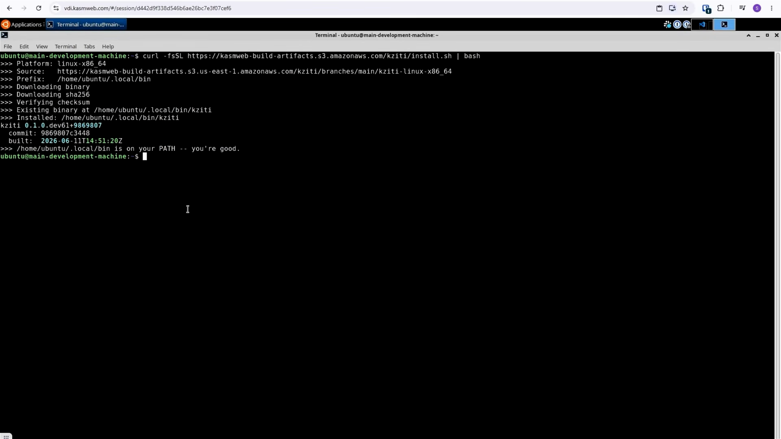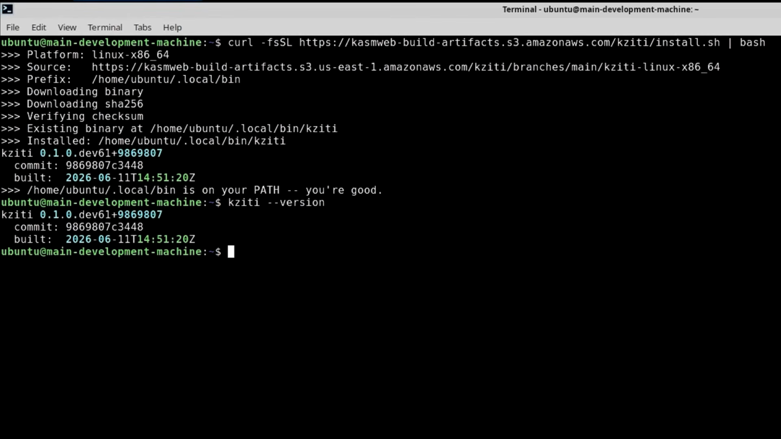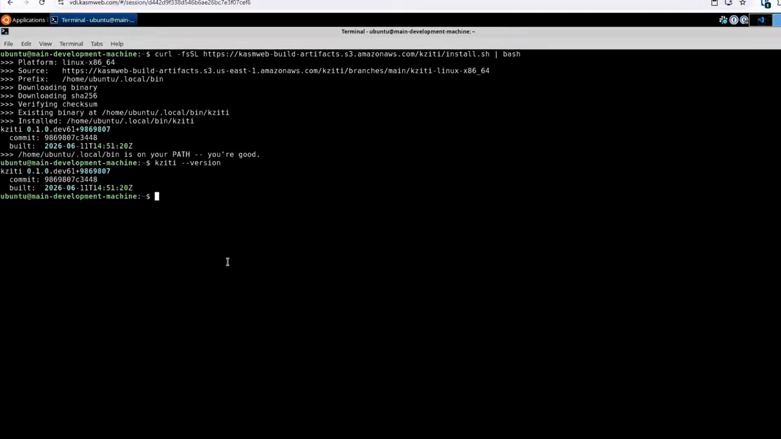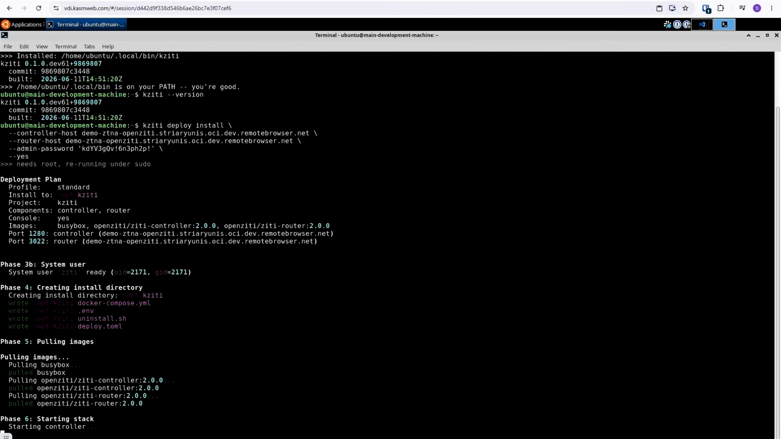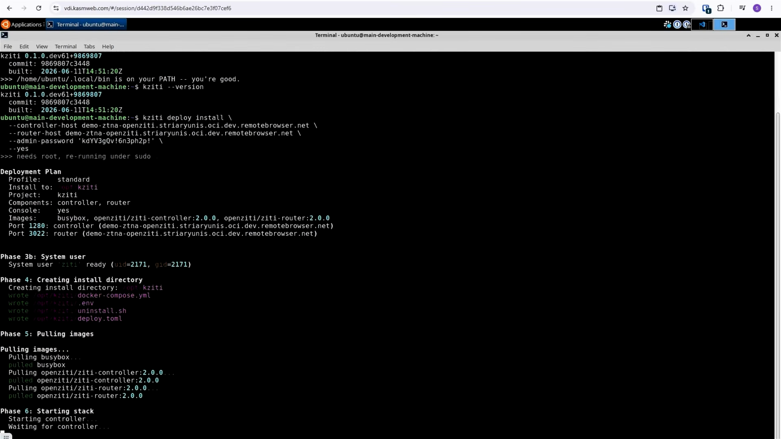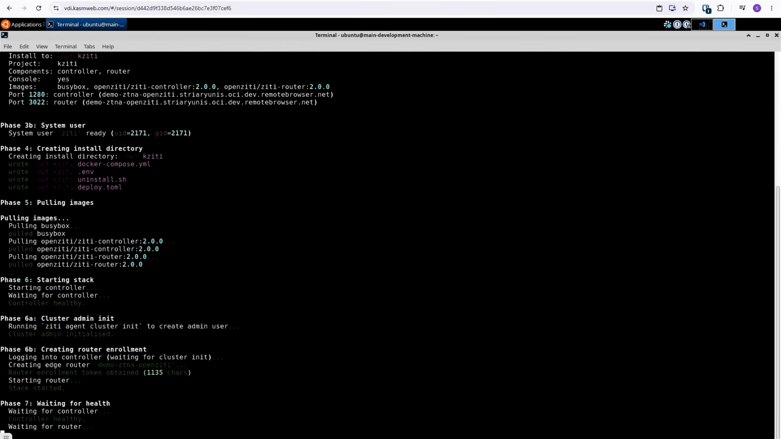Once installed, you can validate that it's inside your path by running KZD version. The first step to setting up a network in OpenZiti is deploying the controller and public router. The single command we're about to run bootstraps an OpenZiti controller, a public router, and an admin identity, all in Docker Compose, all on this host. If you'd like to figure out the values for your deployment, please reference the documentation available in the Quick Start Guide. This generally takes a couple of minutes, and when it completes, you'll have the initial running core pieces of